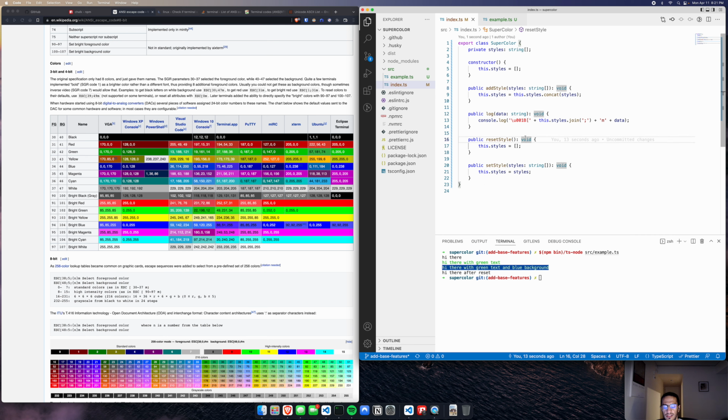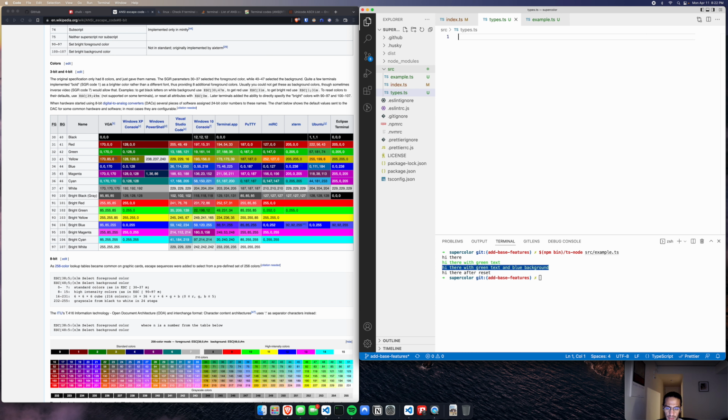So we are saying that the user would know that 32 corresponds to green text color and 44 corresponds to blue background color, and so on. But we should not have the users need to know this information to utilize our library, right? So what we are going to do is create a type that can better encapsulate and provide this information to the user. So let's say we create an enum